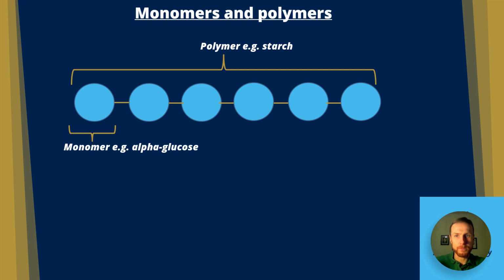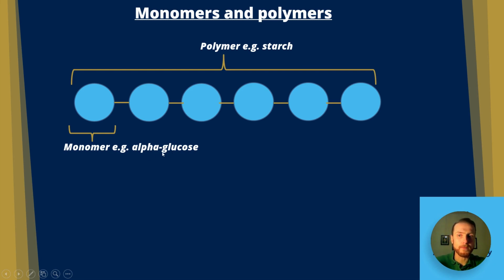Monomers and polymers. So on the screen, I've got a polymer here, which I'm just representing as starch. And if we look at it, a polymer is made up of many repeating molecules. A monomer is just one individual molecular unit. So a classic example of a polymer is starch, glycogen, or cellulose that you need to know about for AQA A-Level Biology. But an example of a monomer is something like alpha glucose, and alpha glucose is the monomer that